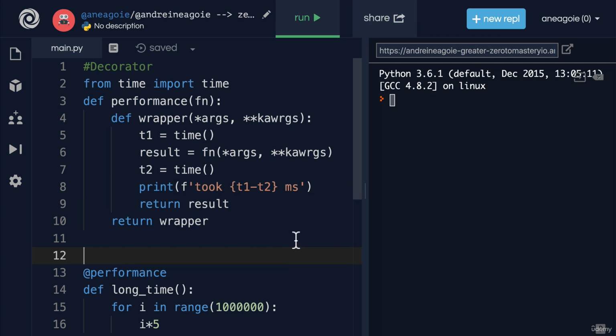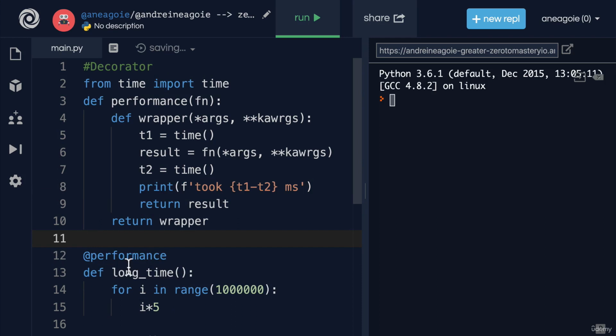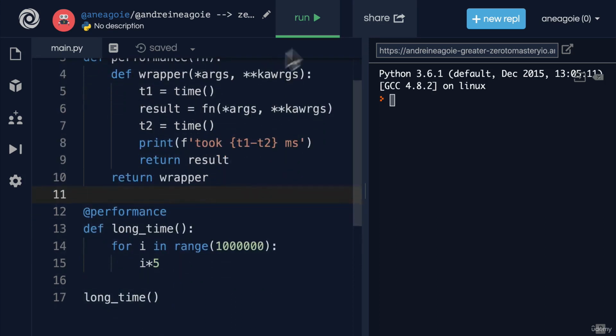And that's it. I've wrapped my function with just this extra time piece, and then I'm printing, as soon as we run the function, how long it took. So let's check it out. If I now run my long time function right here, and I click run,